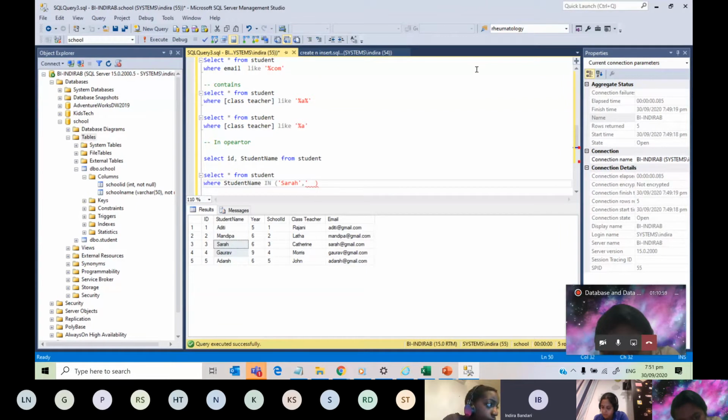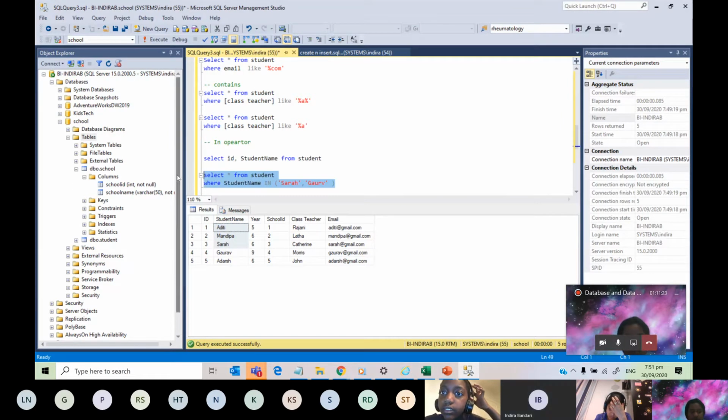Again, I am going to open the quotations, and I am going to type Gaurav. Quotations. Okay. So in means we should already know the names. We should already know the values, and it should be exact values. If you miss R there, what will it get?